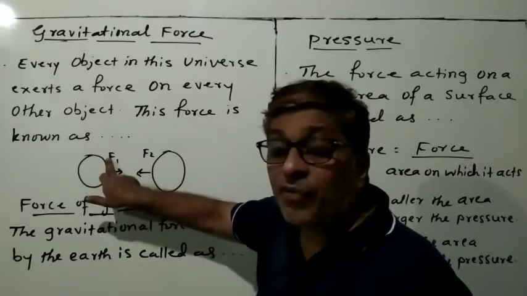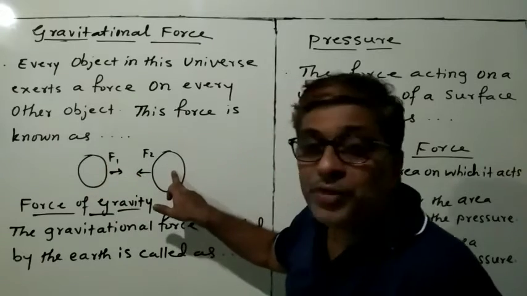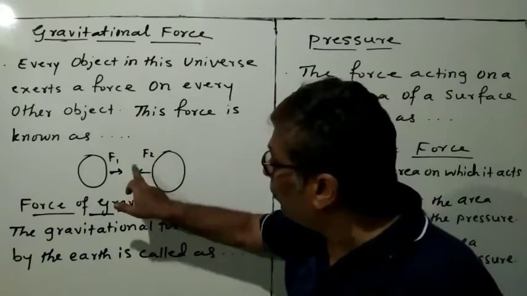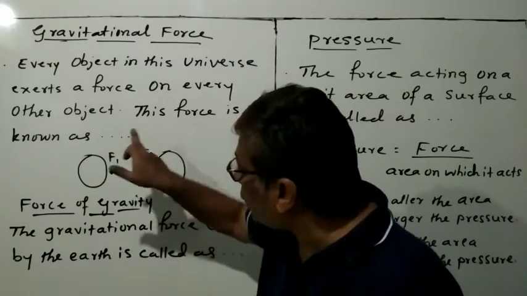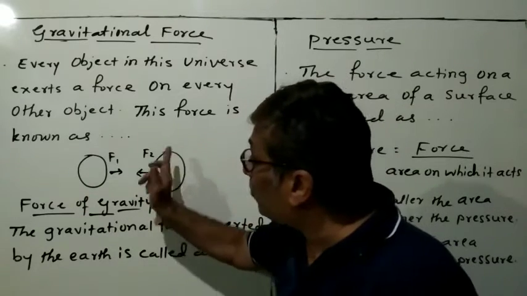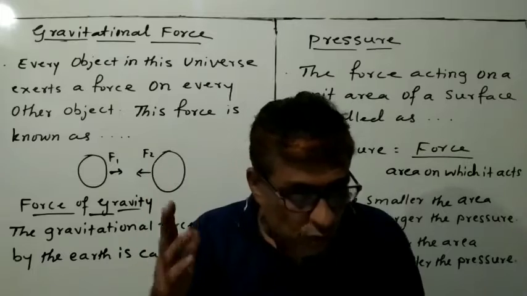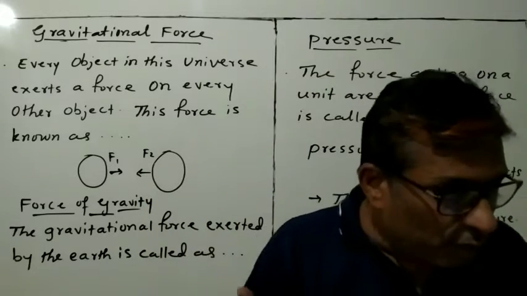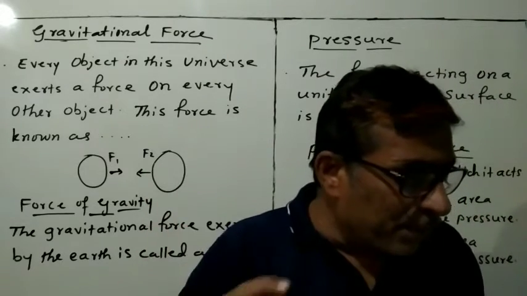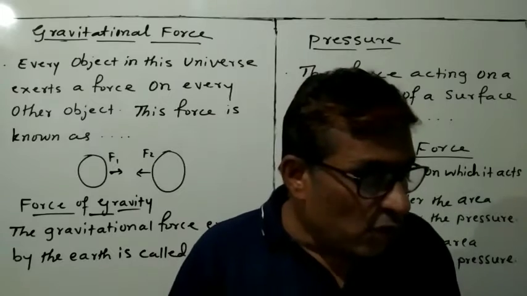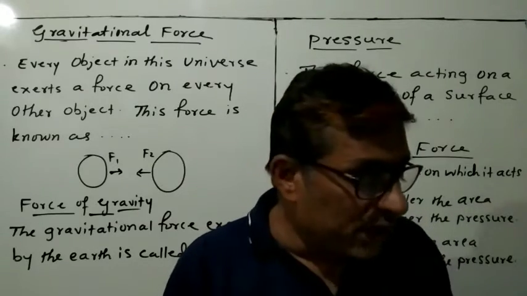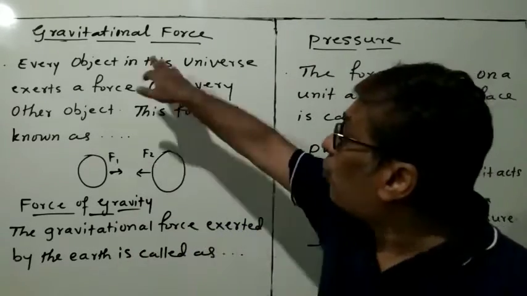So name it F1. And this is the second object. Name it F2. See, this object creates a force on this object, and this object creates a force on this object. So in this universe, every object exerts a force on every other object. So this force is called